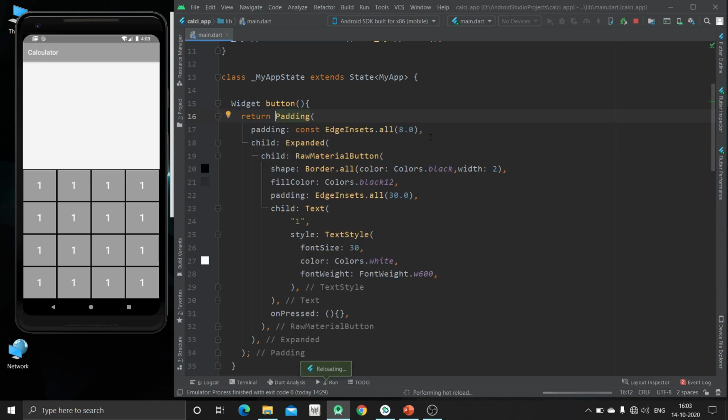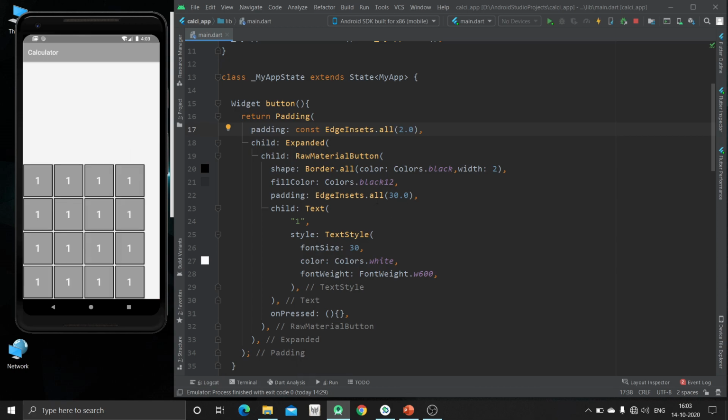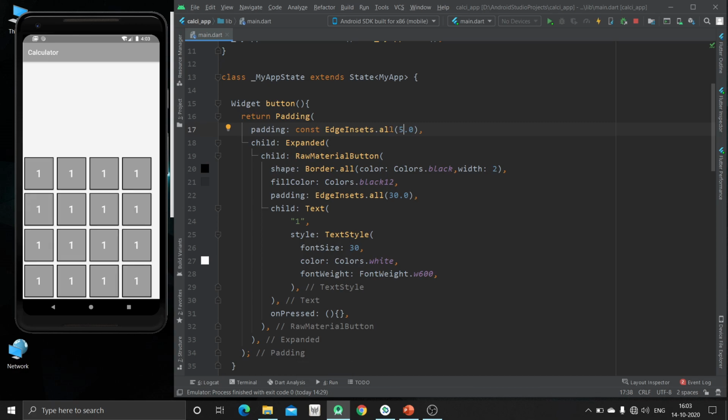Now it's done. Okay, we have to decrease it, maybe 2, and the size should also be okay. Just make it 5, or we are just going to remove all of this and make it only from the bottom. So now it's done.